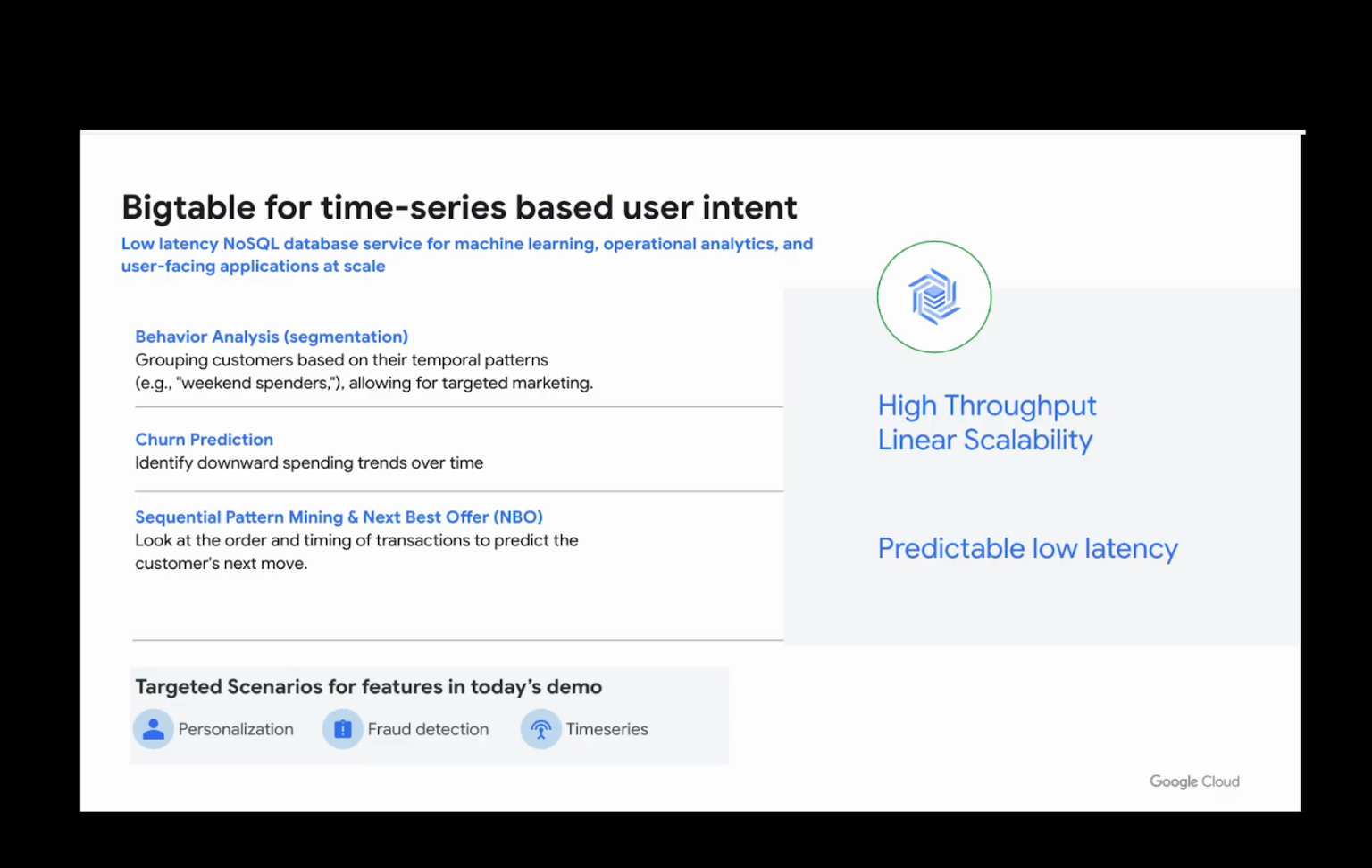Lots of apps need to guess what users want right away. Think about things like figuring out what ads to show somebody, noticing when somebody might stop using an app, or spotting trends in data to guess what they're going to do next. These are all real-world examples of what customers are doing in Bigtable today, and the demo I'm going to show